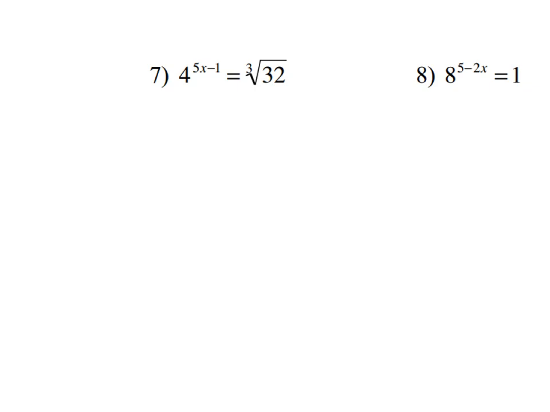Okay, now this requires that you remember what a rational exponent is. I know that taking the cube root of a number is the same as rewriting it as to the fractional exponent, where the denominator of the exponent is the index of the radical. Remember, so if it's a square root, I can write it to the 1/2 power. It's the fourth root, I can write it to the 1/4 power. And let's see, then I've got the other side that's equal to what? 4 raised to the 5x minus